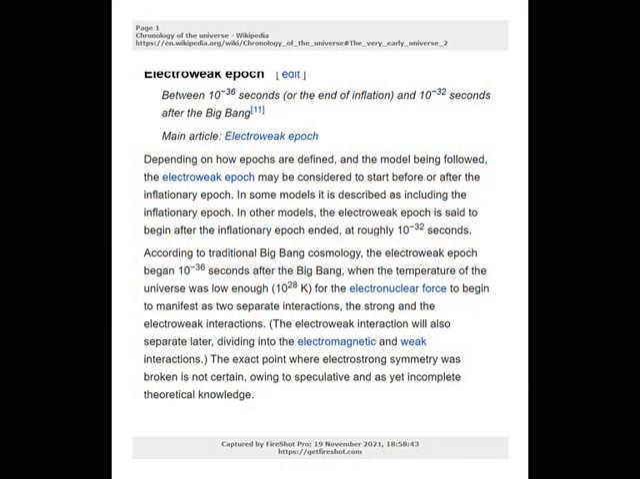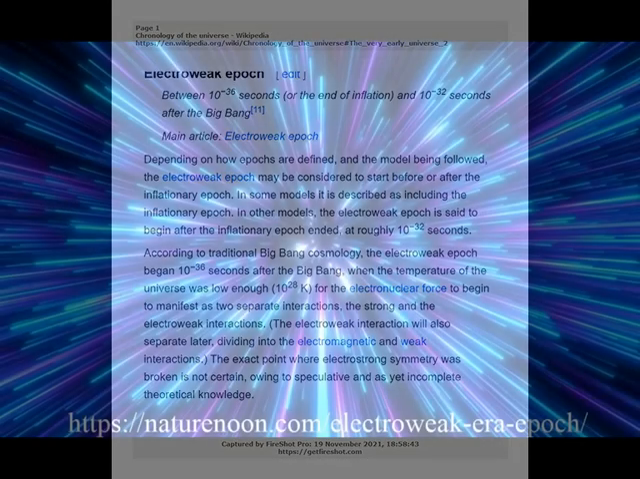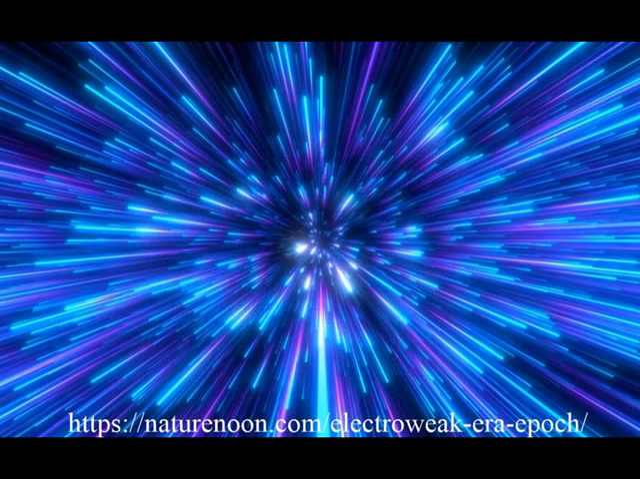Depending on how epochs are defined, and the model being followed, the Electroweak epoch may be considered to start before or after the Inflationary Epoch. In some models it is described as including the Inflationary Epoch. In other models, the Electroweak epoch is said to begin after the Inflationary Epoch ended, at roughly 10^-32 seconds. According to traditional Big Bang cosmology, the Electroweak epoch began 10^-36 seconds after the Big Bang,